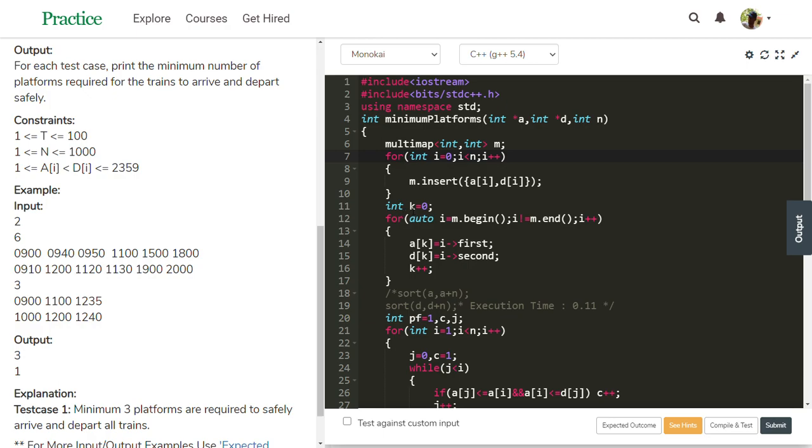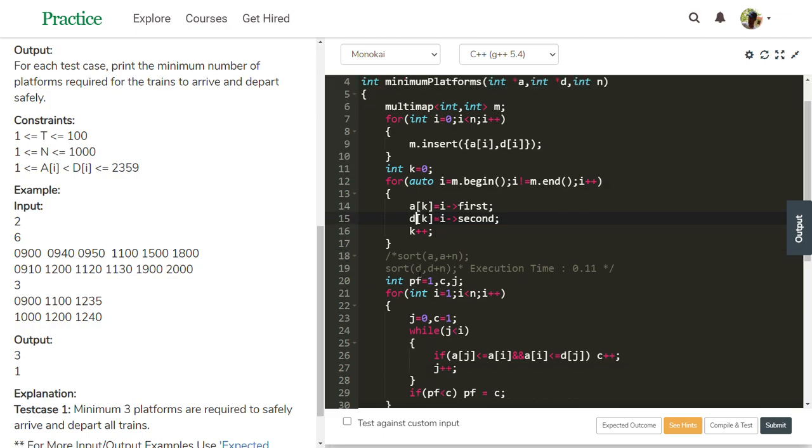Then, using k equal to 0, take all the details back into the arrays A and D. With this, using a for loop, auto I equal to m dot begin, I not equal to m dot end. All the sorted details get back into the arrival array and departure array, and k is incremented continuously.